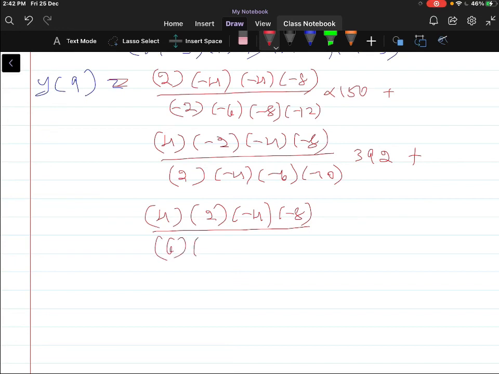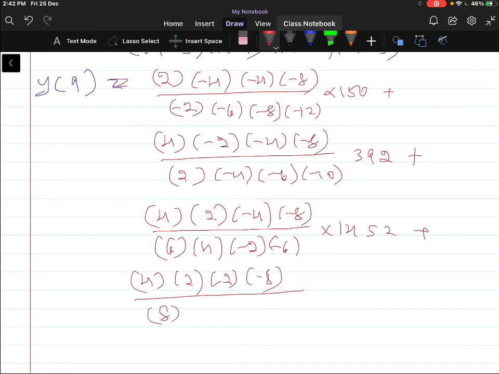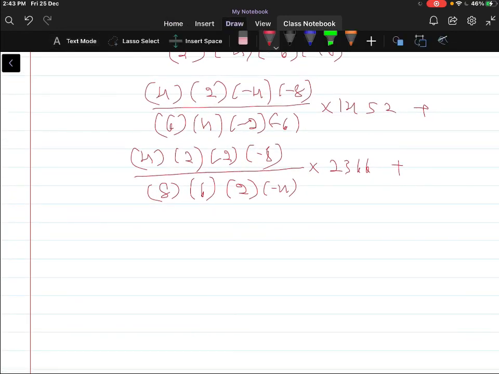So 4 into 2 into minus 4 into minus 8 divided by 6 into 4 into minus 2 into minus 6 into 1452 plus 4 into 2 into minus 2 into minus 8 divided by 8 into 6 into 2 into minus 4 into 2366 plus, let us write the last term,